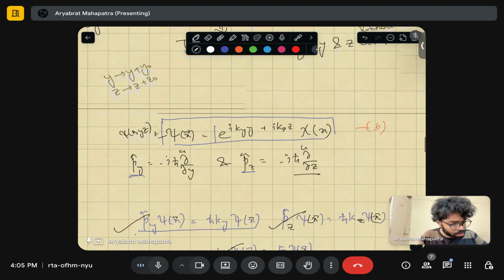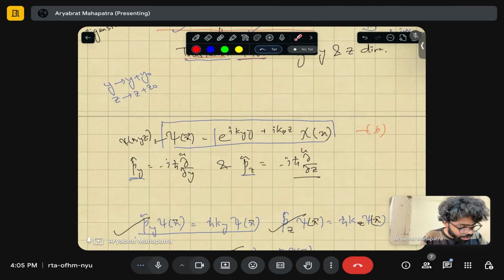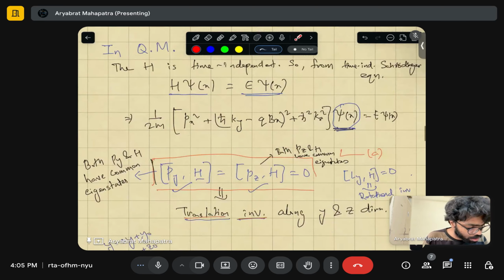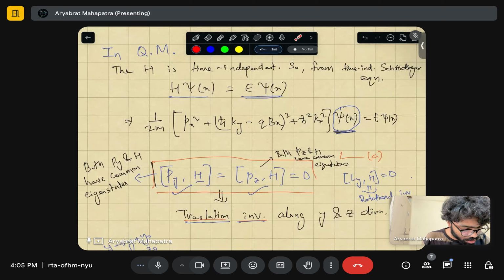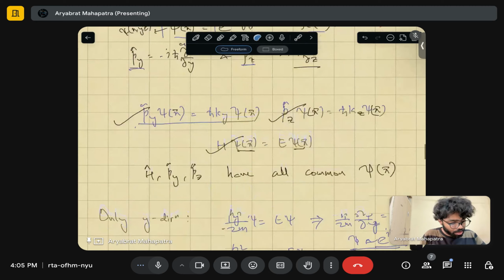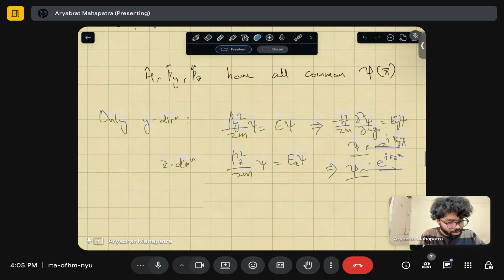So now your task is to determine this chi. To get this, you put this in the Schrodinger equation. So this is your Schrodinger equation, equation A, the time independent Schrodinger equation. If you put B in A,